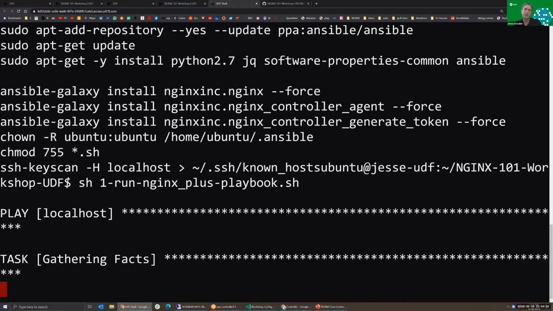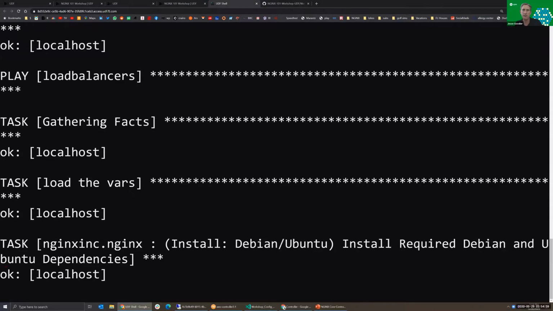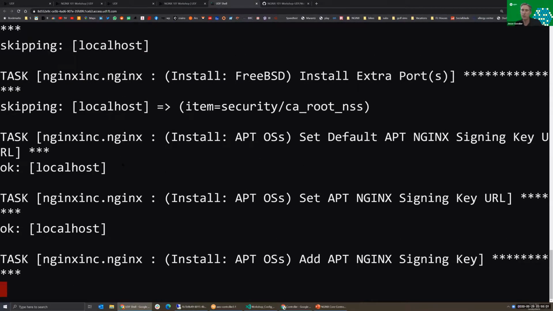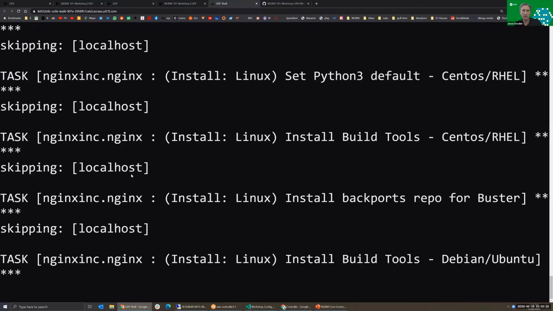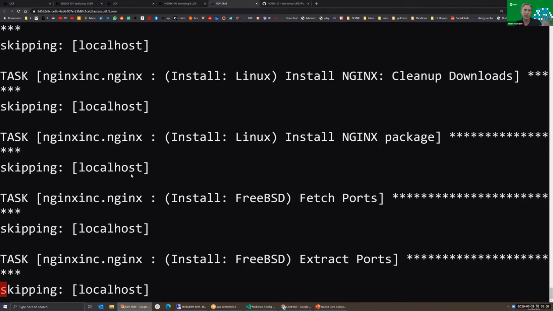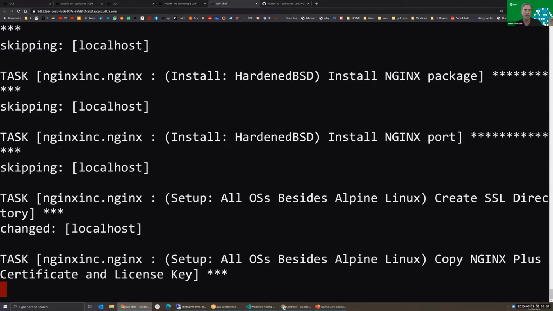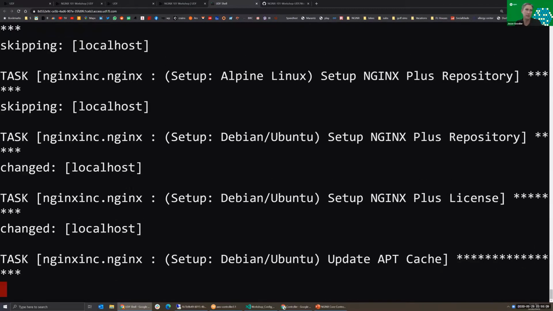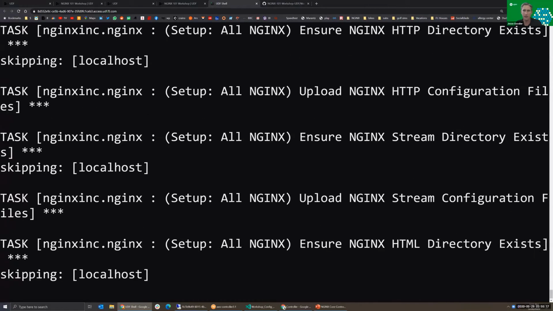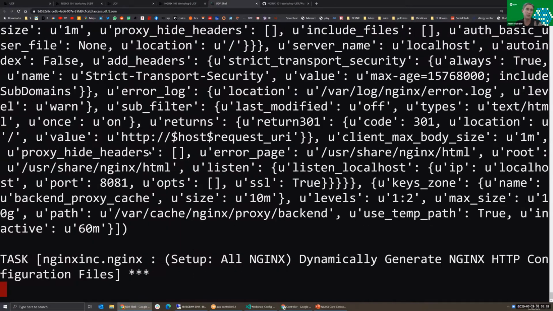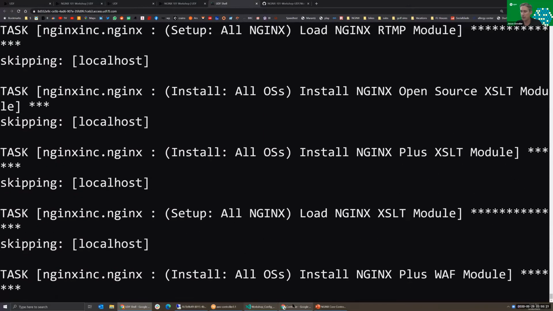And this script will take a minute or two. So don't worry if it takes a lot of time. You can watch what it's doing. But basically, Ansible is a tool that's looking at the environment and is going to make that environment look like what we're telling it to. So it's just making sure the keys are there, the NGINX version is going to be this, and all that. One of the instructions is to look at the playbook, which, you know what, a better way to look at the playbook